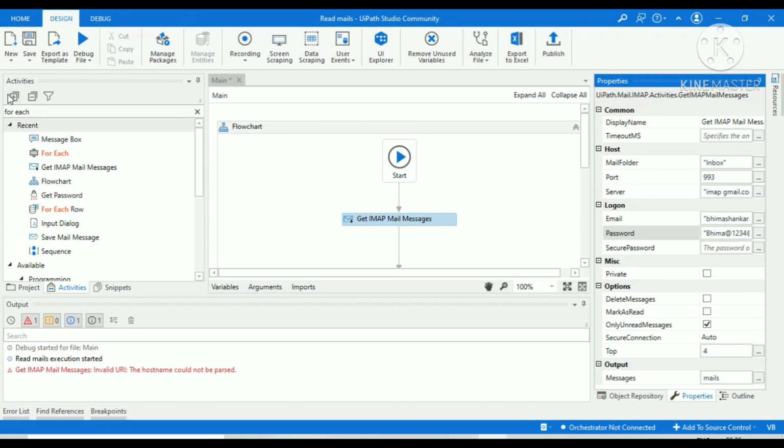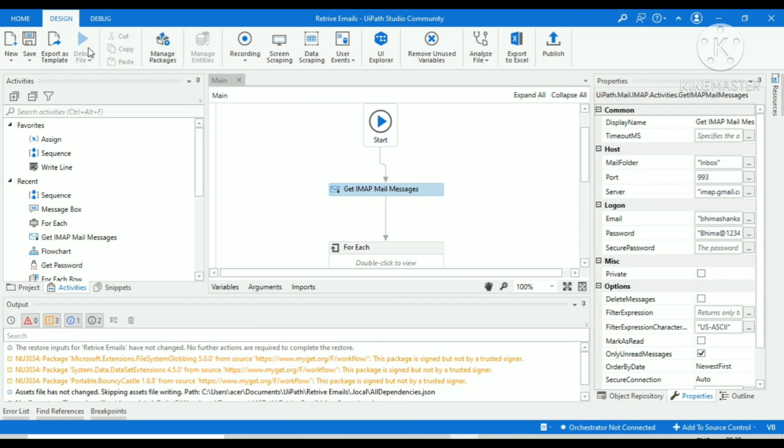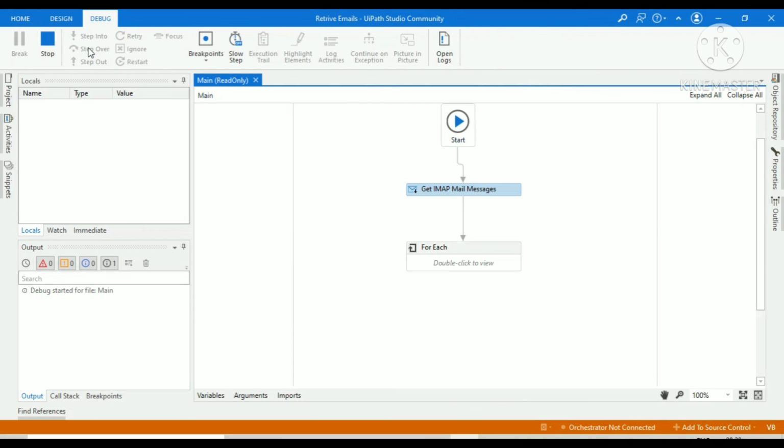Everyone remember that after writing your password here, you should go and change your original password. And now execution started.